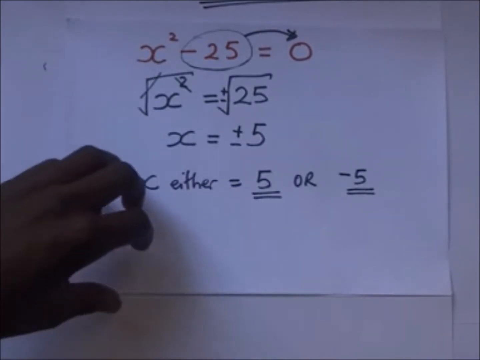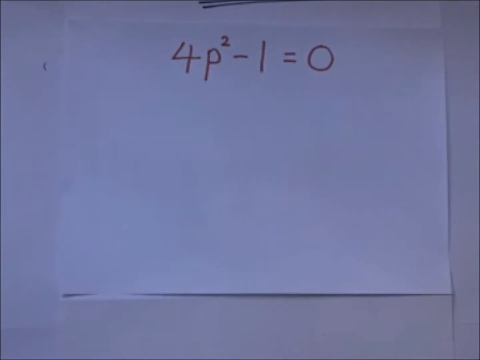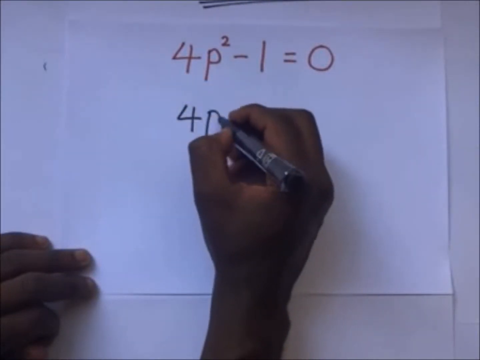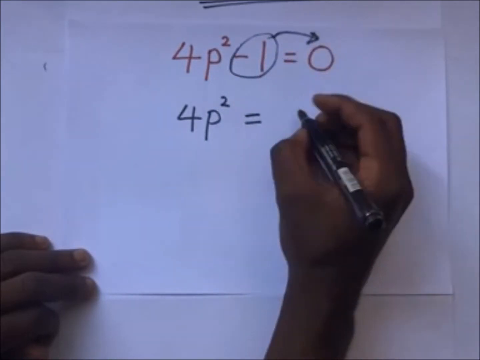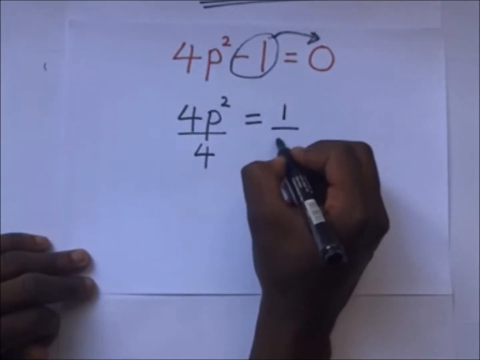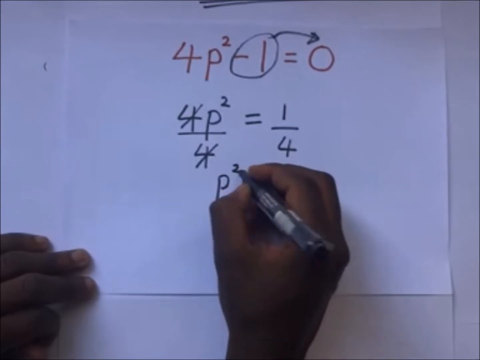Let's do one more example. In our second example, we are required to find the value of p. Again, we are going to attempt it. We first make p the subject of the formula, so it becomes 4p is going to be equal to this negative 1 comes that way, it becomes 1. So when we divide both sides by 4, this and that go, we remain with p squared giving